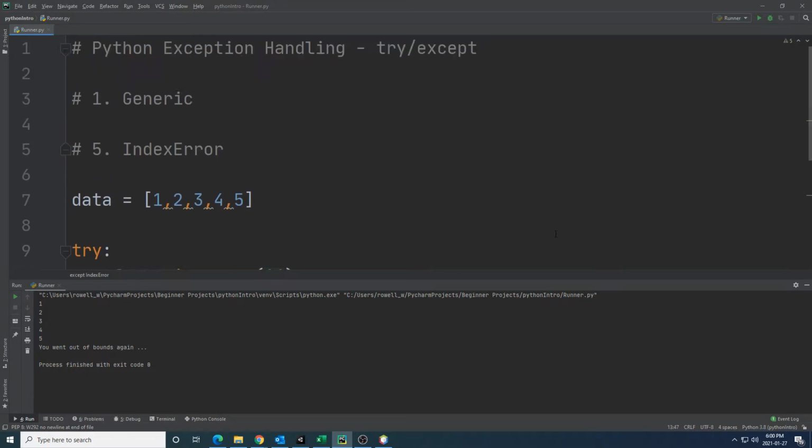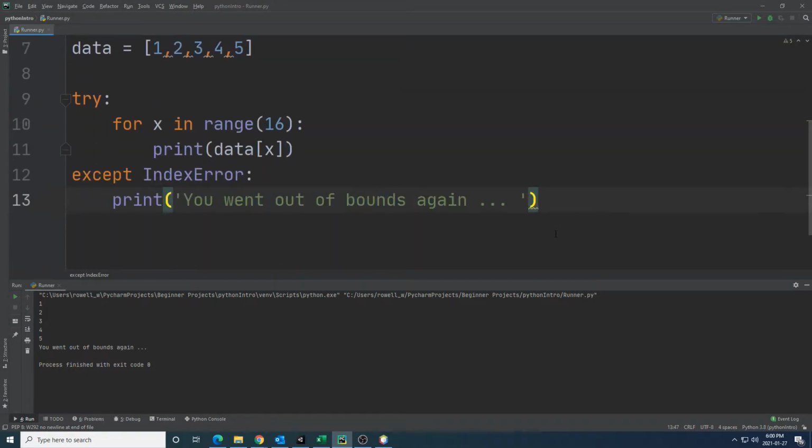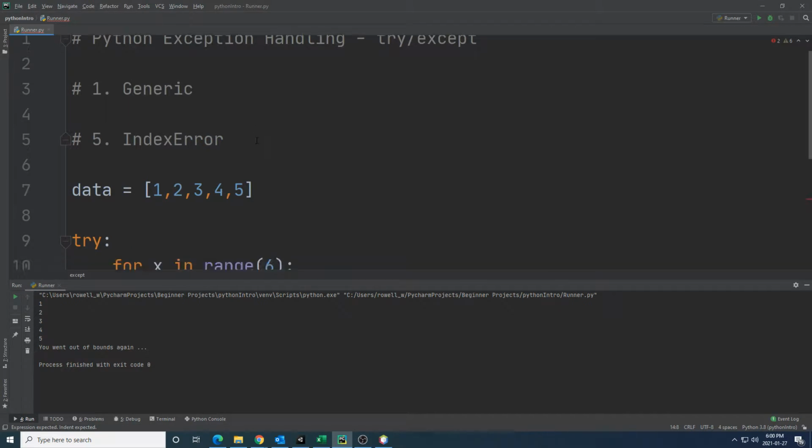There's a bunch of different exception types that we can deal with and manage. And as I said before, you can mix and match different ones. So for example, what if I wanted to, let's keep this one here, in range 6, and then I also had this except, let's have maybe a,